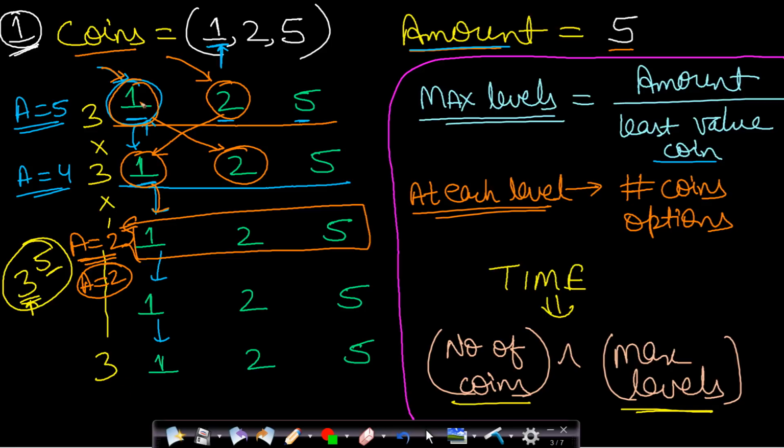Okay, so in this case you started with 1, you selected 1 and then 2, and then at the third level you were required to find amount equal to 2 having coins 1, 2 and 5. Now you took a different path. You first selected 2, then you selected 1, and then you again reached the third level and you were required to find amount equal to 2 having the 3 denominations as 1, 2, 5. So this is nothing but the same subproblem of this entire problem, but then you followed a different path.